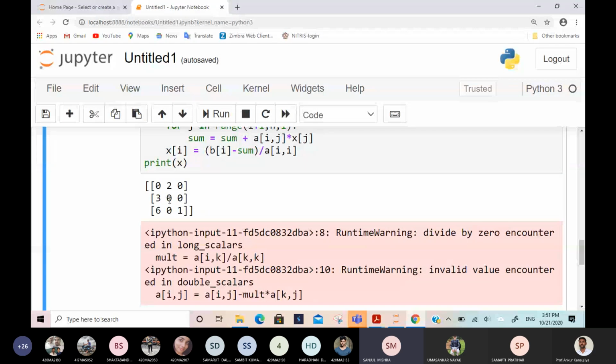Okay, yeah. So that is also a correct way. There is no harm. It is fully correct. So his idea is that if it is zero, then you search, and whenever you find a non-zero entry, you interchange. Like this is 0, then go below and see where it is non-zero. Once you get non-zero, interchange with that row. The first non-zero entry in that column is the one you interchange with.